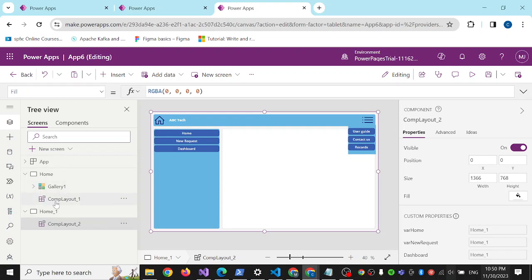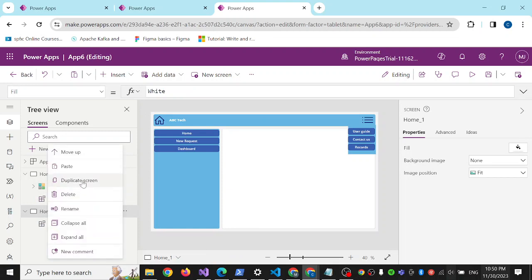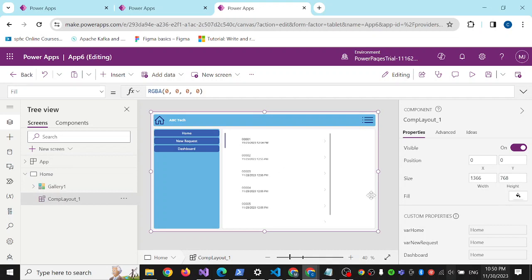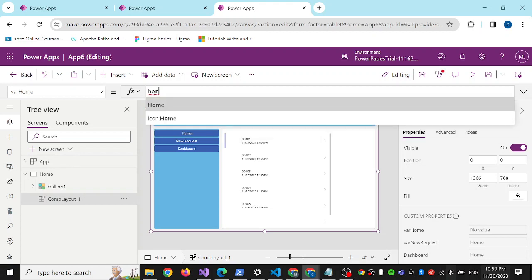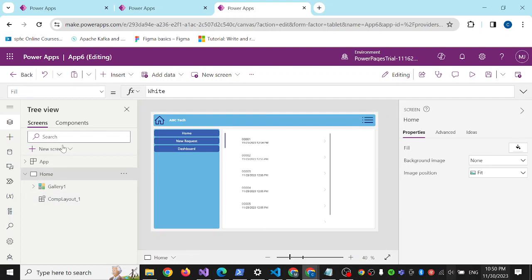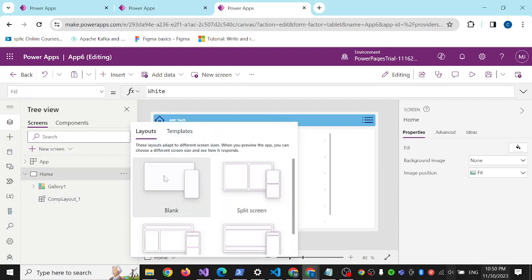and here, before doing that, I will do something I forgot. So in here, on the component, we have the properties that we created when we created the component. Here on the properties, I will choose when, for example, for the home, I will select the home, and if I create a new screen, blank screen,